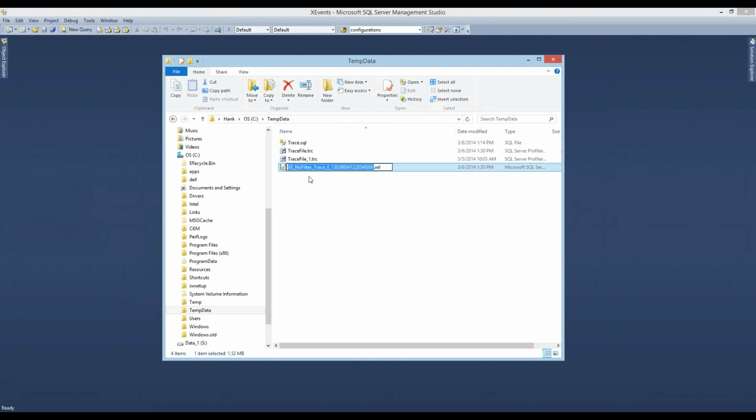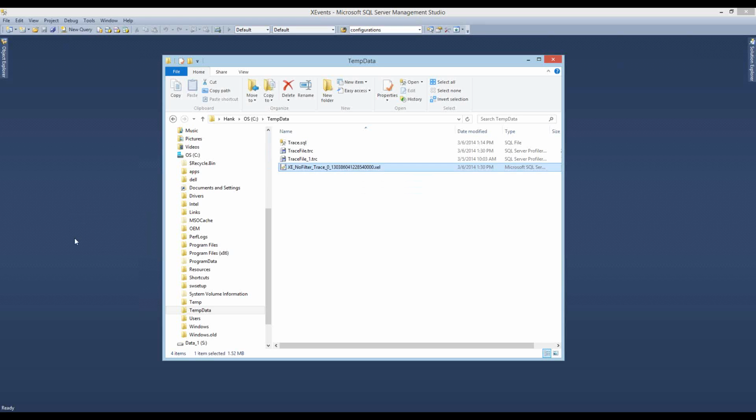And the great thing about this is, let's say you created a trace and you created a job to start a trace automatically and stop it. Well, you know that you had to dynamically generate the name of that trace file every single time. You had to specify what it was. That wasn't really complicated, but you still had to do that extra work. You don't have to do that anymore in extended events because SQL Server does that for you. So it's just kind of nice, I think.